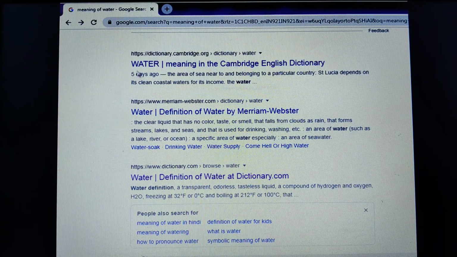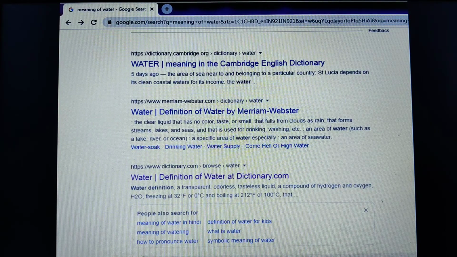But if you observe here, these are not visited websites, so they appear in blue. If you observe this one clearly, it is slightly different, it is purple. This indicates that I have already visited this particular web page. And if I have clicked and I'm active on this particular web page, then at the back end it will be red, saying that right now I'm actively using that particular website.